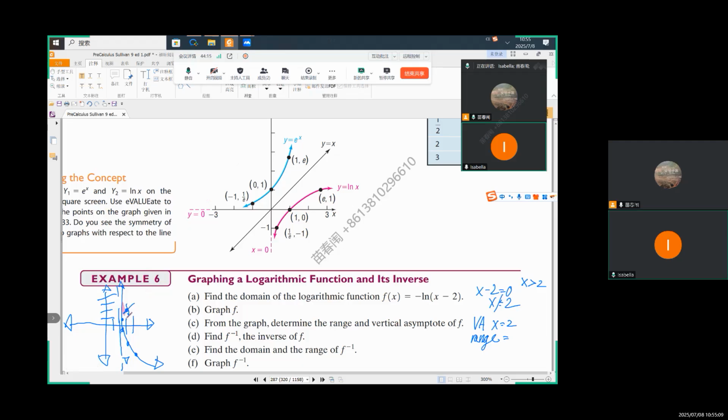I think this is the final graph, right? Like this. Which means if the range, I can see all the values. I think I can take all the values, right? Yeah, all real y values. All the real numbers are the range. So then f to the power of -1, that would be